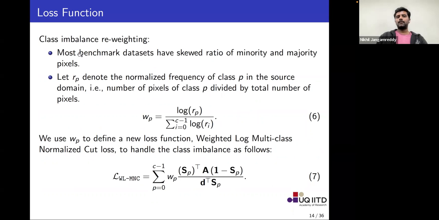And there is an issue with the currently existing benchmarks. This is referred to as class imbalance. Most benchmark datasets have a skewed ratio of minority pixels and majority pixels. For example, if we consider traffic light pixels compared to road pixels, the road pixels are the majority pixels. They'll be in a very high ratio among all the classes, whereas the traffic light pixels are very small in number. However, the traffic light class is very important to us because it will help to make reliable decisions